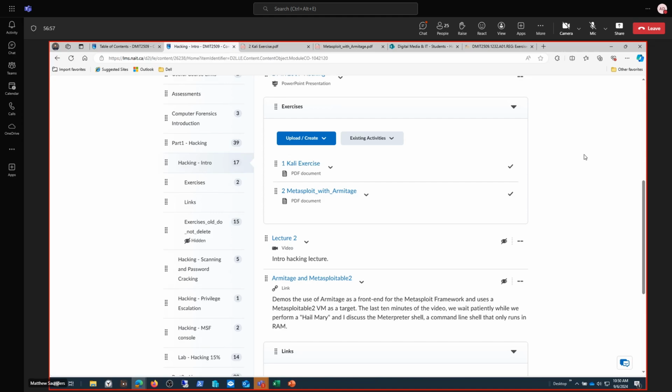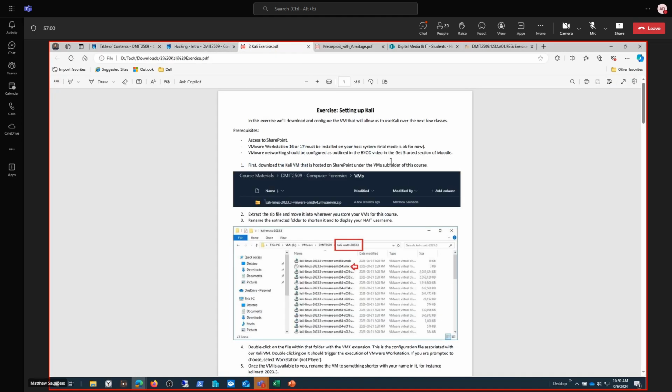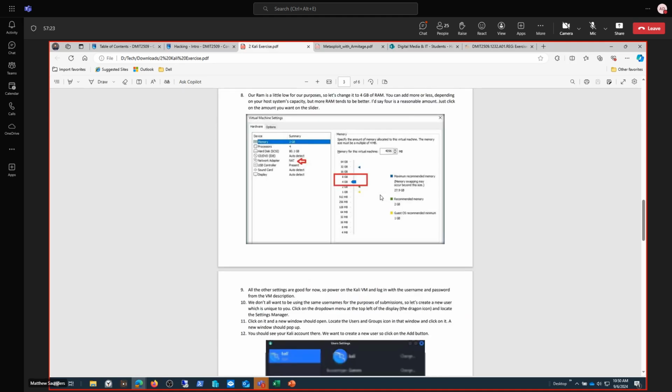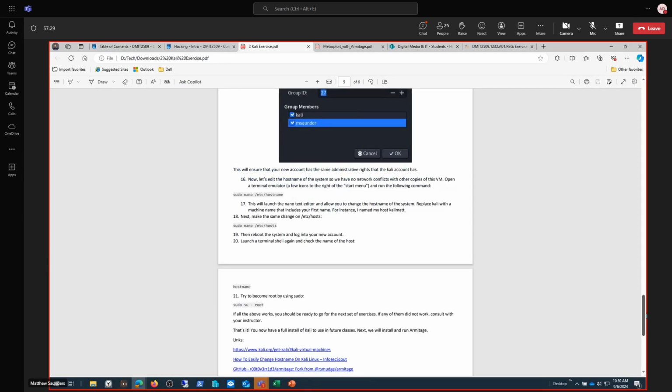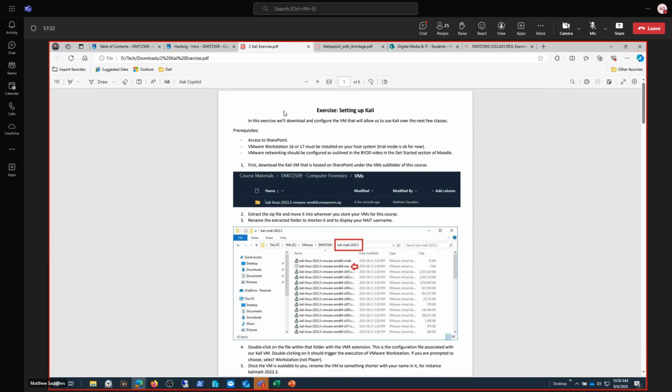So the first thing I'd want you to do in terms of exercises, if you haven't done last week's exercise, or the previous class's exercise, sorry, then I would suggest you do that first. After that, you want to do the Kali exercise, which is just download the Kali VM and customize it essentially so I can tell who you are. This is not a very long one, so this is very brief. It's only the download that would take you some time. The second one, if I can get to it.